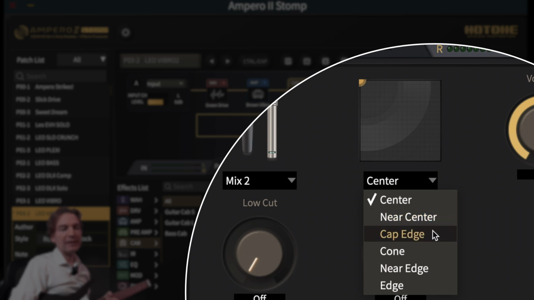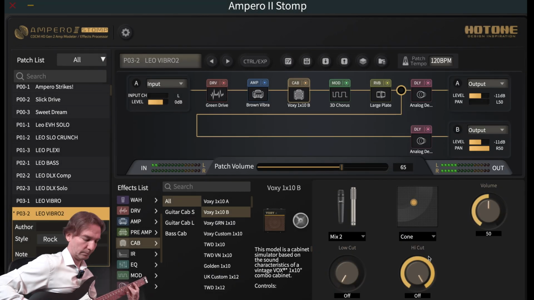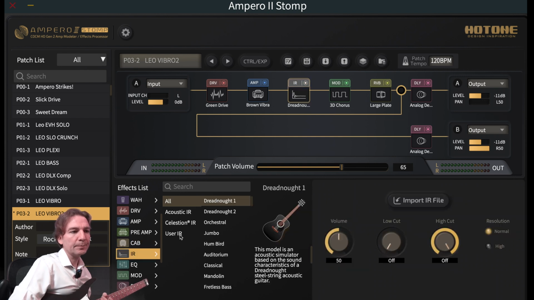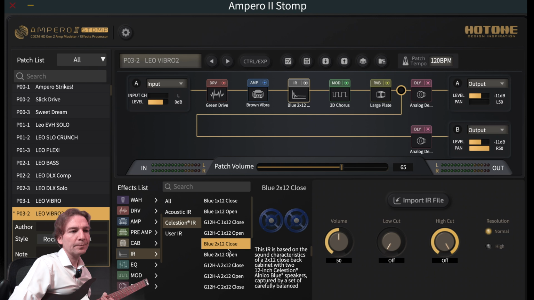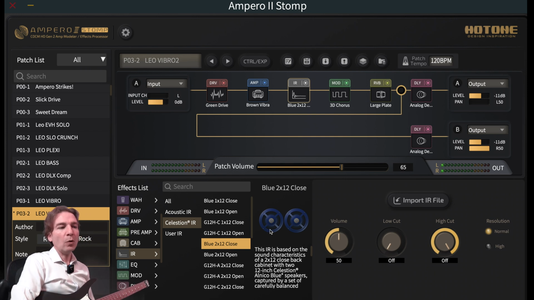For instance, here cap edge or cone. So as you may notice, all the cabs in this new Ampero 2 are, in my opinion, sounding pretty good,